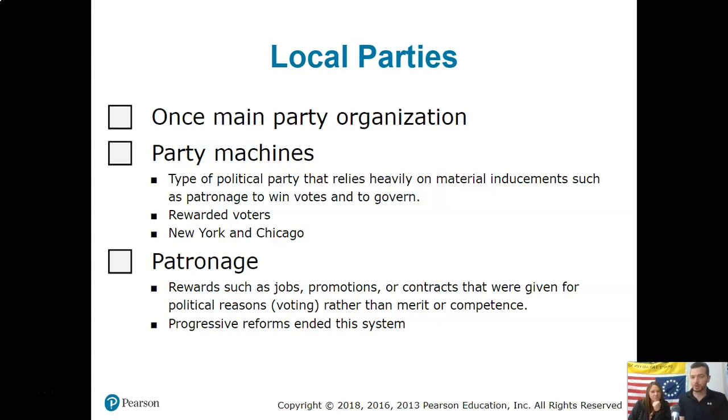And that kind of hurt party machines too, because they couldn't rely on patronage anymore to give people these jobs. But party machines in general kind of faded out. I think the most recent one was Chicago. Actually, it was active even in the 80s, or something crazy like that. But anyway, they were very powerful. But as national politics took over, local politics took the back seat, unfortunately. And now people don't really care about local politics nearly as much as they should.